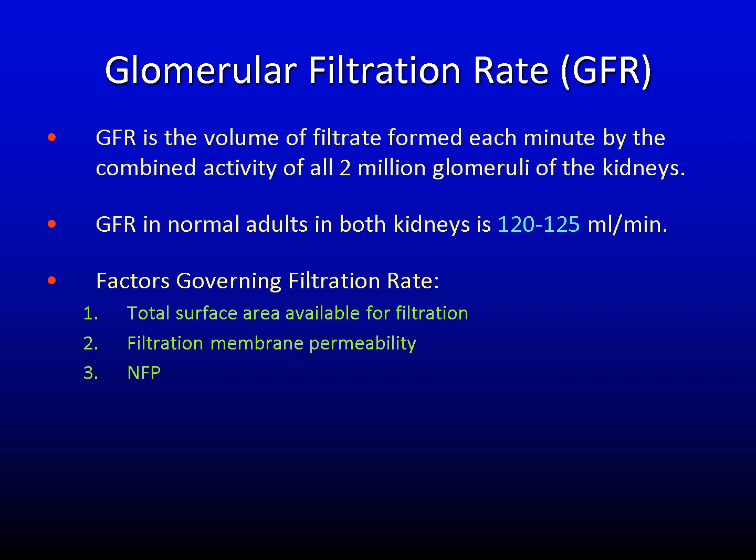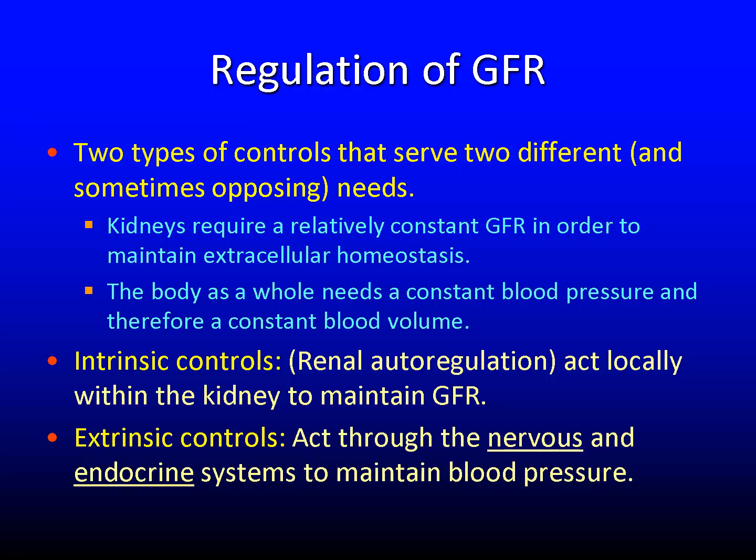Because glomerular capillaries are permeable and have a huge combined surface area, about that of the skin, 22 square meters, enormous amounts of filtrate can be produced even with the NFP being only 10 mm Hg. However, a drop in glomerular pressure of only 18% stops filtration altogether. Because the GFR is directly proportional to the NFP,